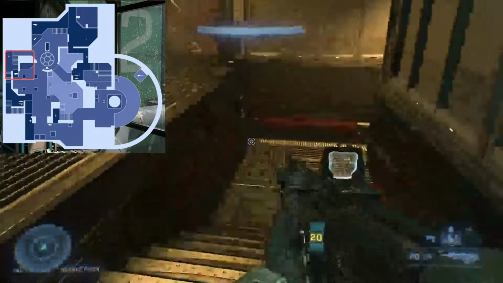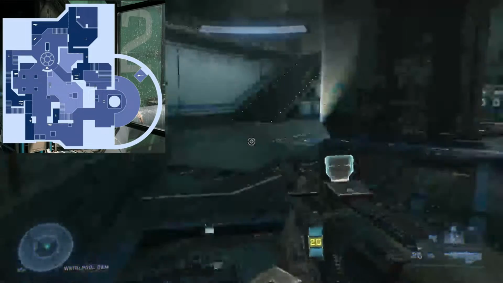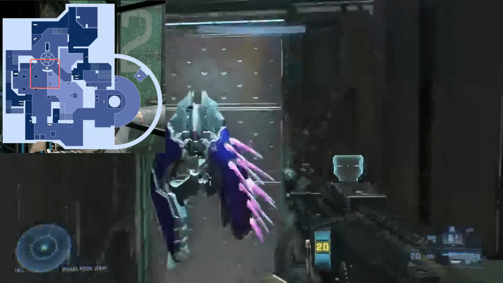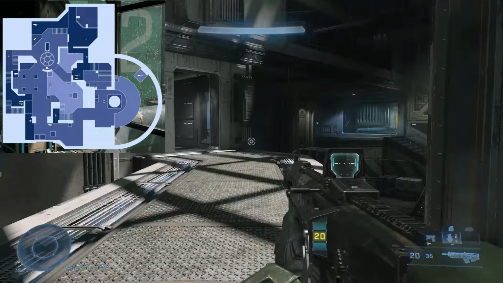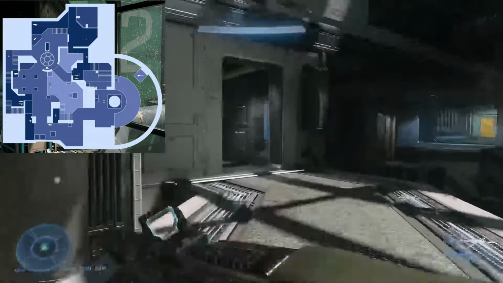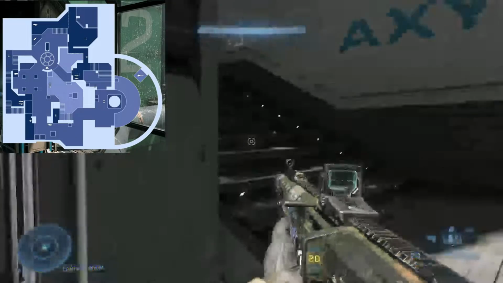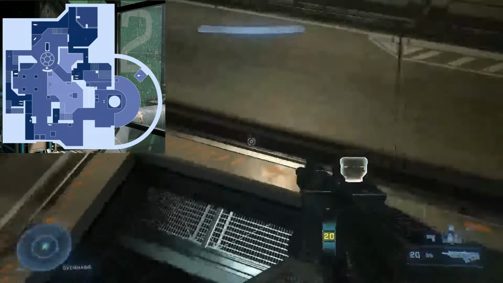And one of the other pistol spawns is right here. So that means the disruptor's going to be about right there. Now there's no weapon spawns over here, except the Needler. If it's not the Needler, it's the Sentinel Beam. Make sure that's right. So up here, battle rifle like I said, and if we drop down one,